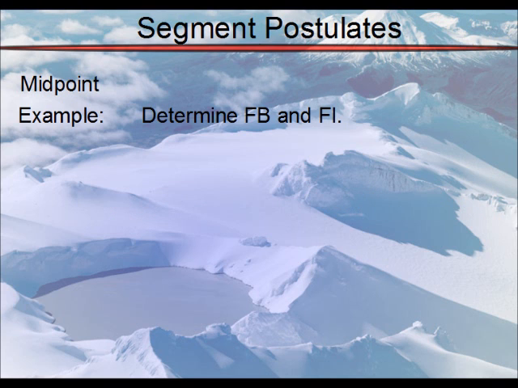Here's an example. Let's say you're to determine the length of FB and FI. Now, hopefully you see these 2 marks. That means these 2 are the same length. So you should already have an expectation of how this is going to go. You know that from F to B, whatever its length is, it's the same as BI. And if you wanted to determine the whole length, then just take the length of FB and you would